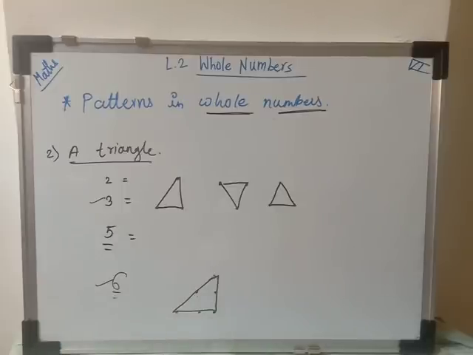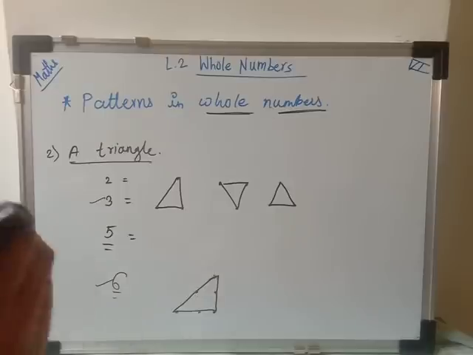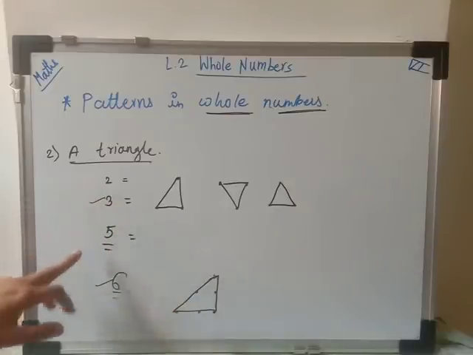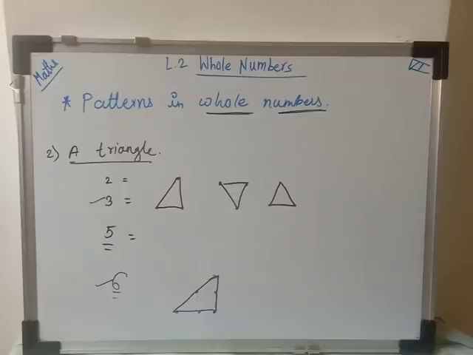You can try it in your notebook also. Students, for this session, if you want to try to make different patterns of the elementary shape with the help of the whole numbers, what you have to do is, with the help of a pencil, draw the different patterns and make a pattern or different elementary shape with the help of the dots. So you have to arrange all the dots according to the number in such a way that you can make a proper elementary shape of that number. So here 3 and 6 we have seen. After 6, 7 and 8 are there where we can't make a triangle. You just try it in your notebook.